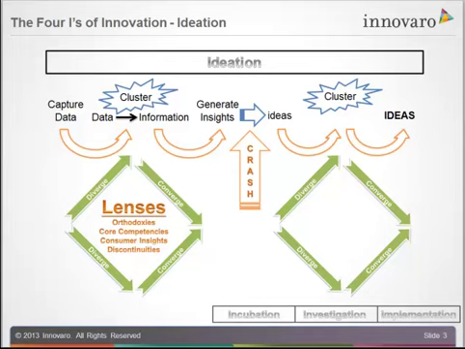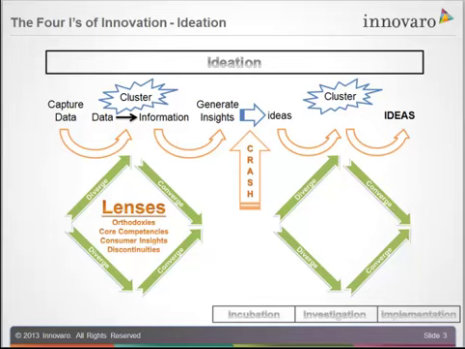So diverge says you have to think very broadly. You've got to collect a lot of different perspectives. You've got to collect a lot of different information in order to get as much possible in to challenge and to drive your thinking, right? And again, the lenses that we mentioned are part of what we use during the ideation phase to help to organize that information and give it a reference.